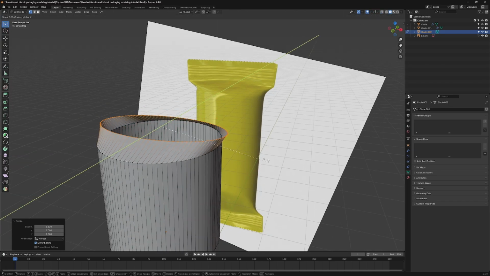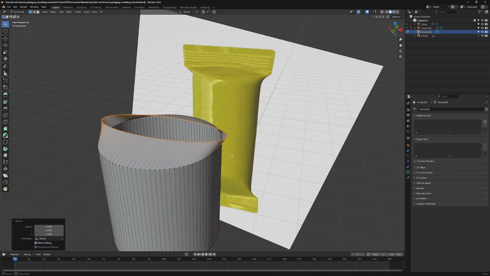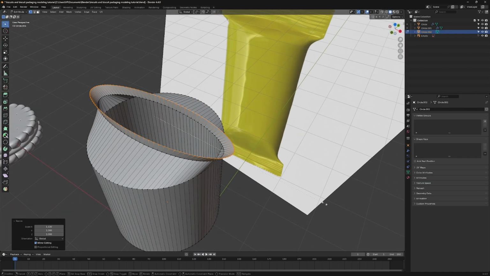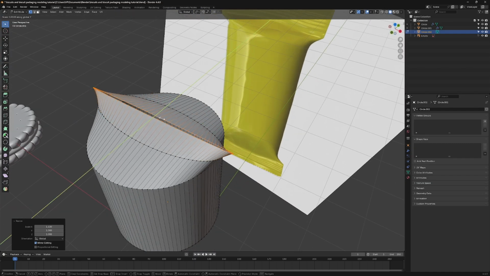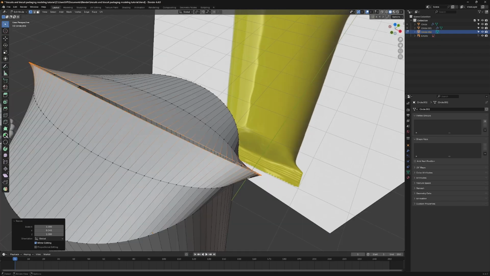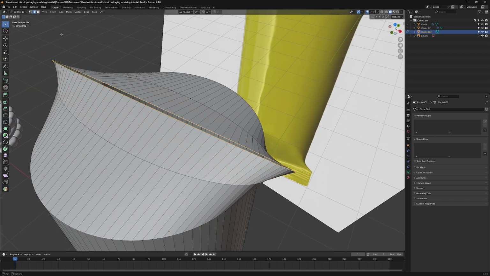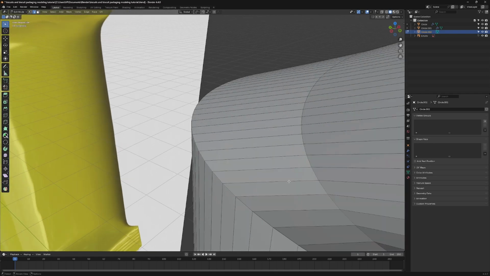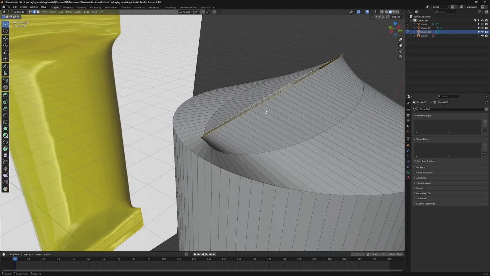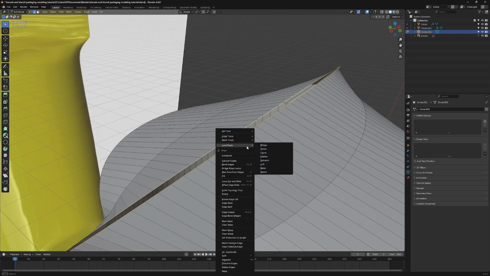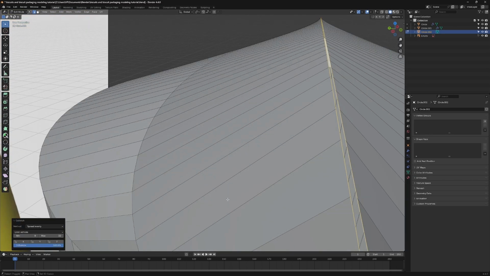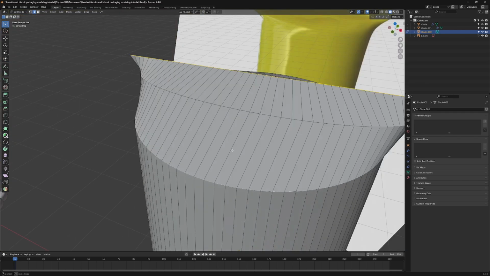Scale in towards the Y direction, like this. Extrude upwards again and scale out towards the X direction. Scale in once again towards the Y direction, like this. Switch to Edge Select and then deselect the two edges at the very ends of the selection. Right-click, Loop Tools, and then select G-Stretch. This straightens the edges. Now reselect both edges at both ends once again,